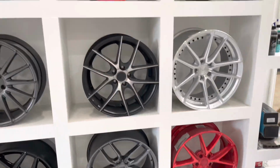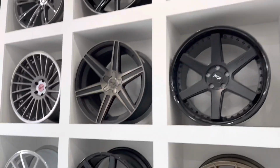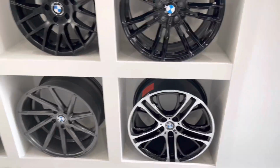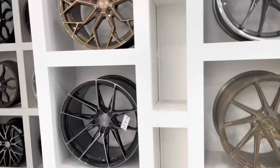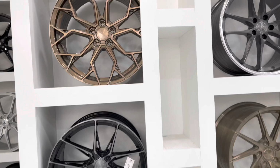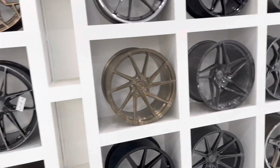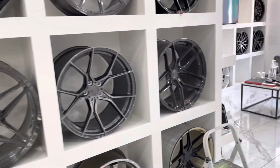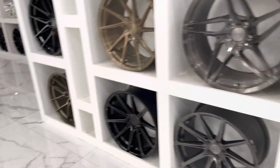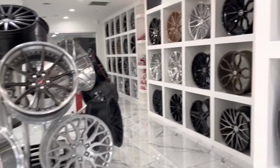Damn, so many good rims over here. I don't even know what I want. Or should I get a BMW? Ooh, Bertinis. I want one of those. I want one of those soon. Damn. Stands? Is it stands? It's Bertini stands. Damn. So nice. Alright guys, so I've already chosen my rims, and right now we're just waiting for them to